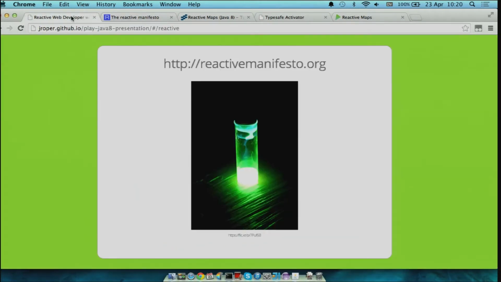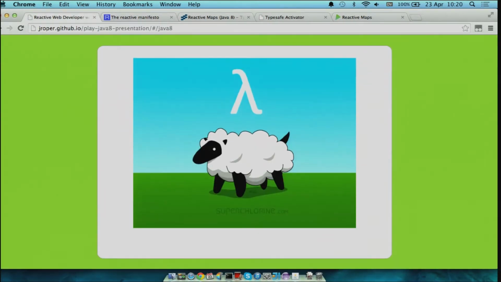And so this is where Java 8 is really important because it gives us lambdas. And lambdas are a really nice way to capture this logic that will get executed asynchronously at some point in the future. So I'm guessing most people here have heard about lambdas and maybe even might be familiar with the syntax. If you're not, that's all right because I'll be showing you a lot of lambda syntax in the rest of the presentation.